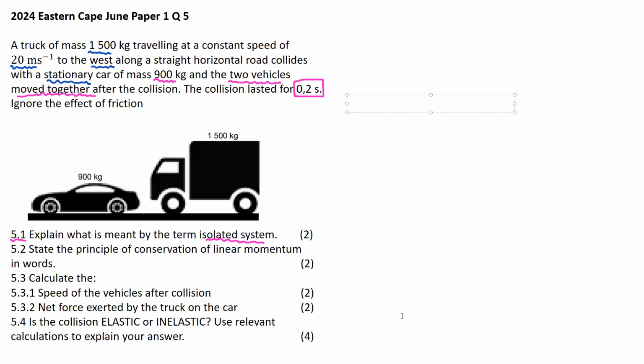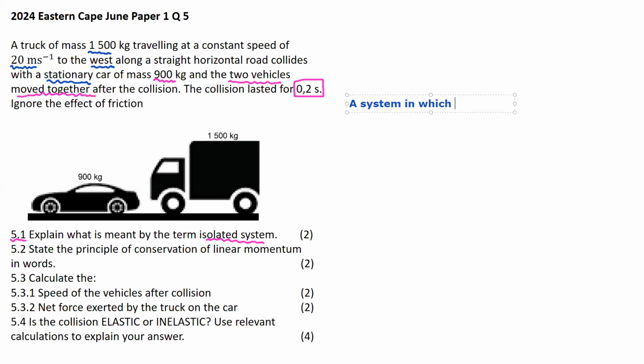Explain what is meant by the term isolated system. So your first questions are always your easy ones, and they're just basically definitions. So it is a system. That's what you would say. It's a system